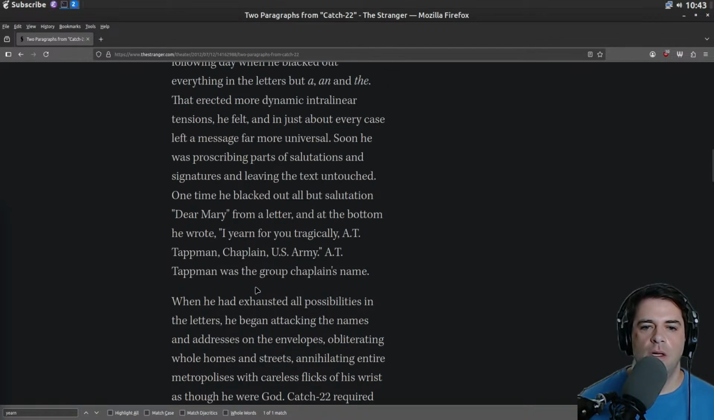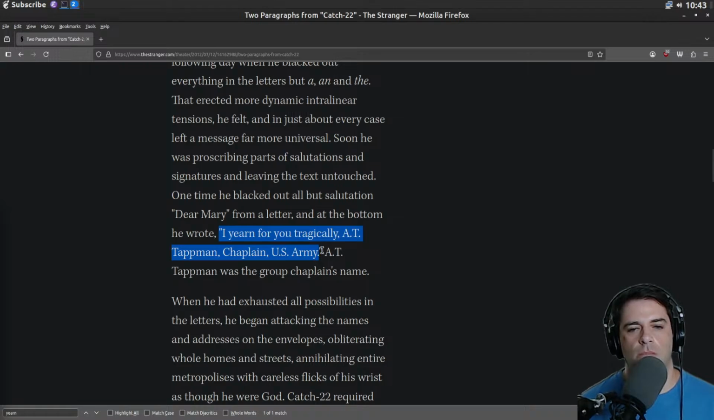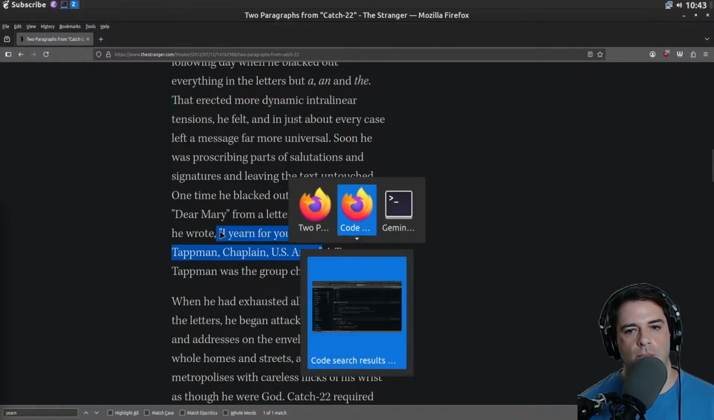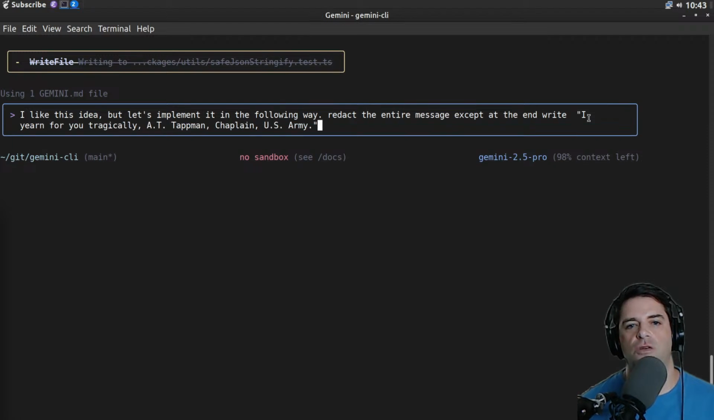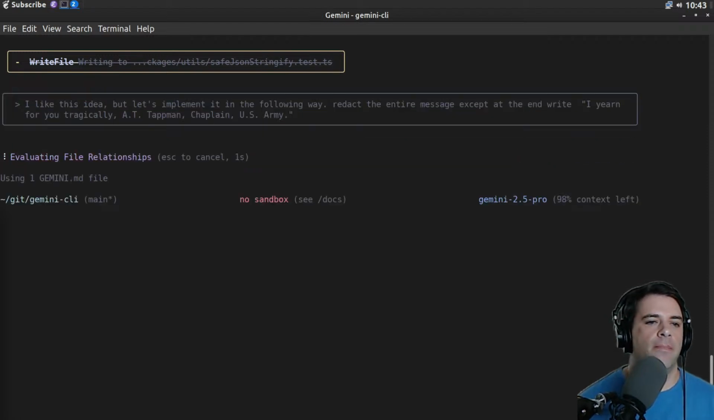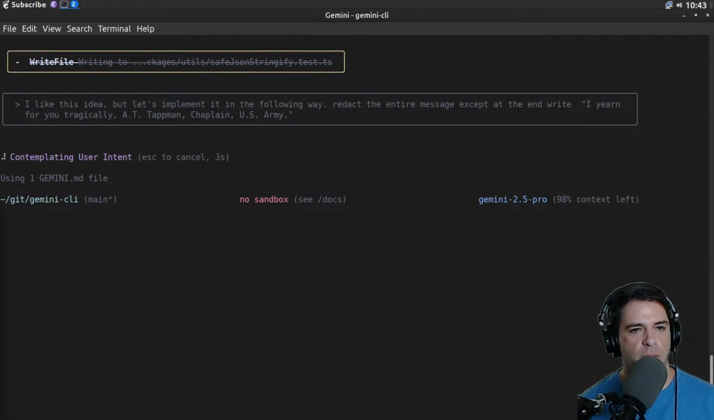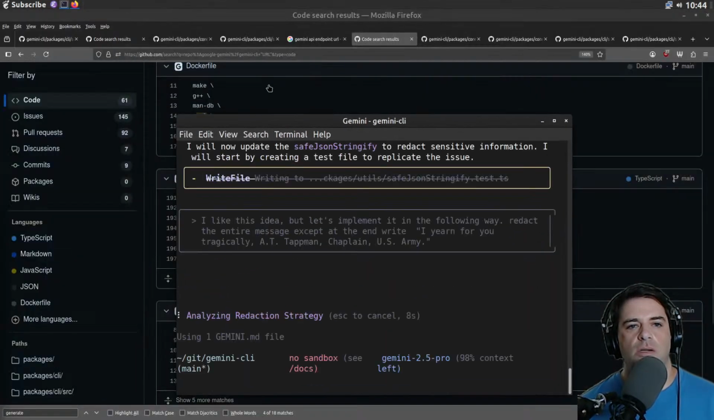Okay. So let's do this. Redact the entire message, except at the end write this: I yearn for you tragically. I think that'll be a good implementation. Okay, so while it's doing that,